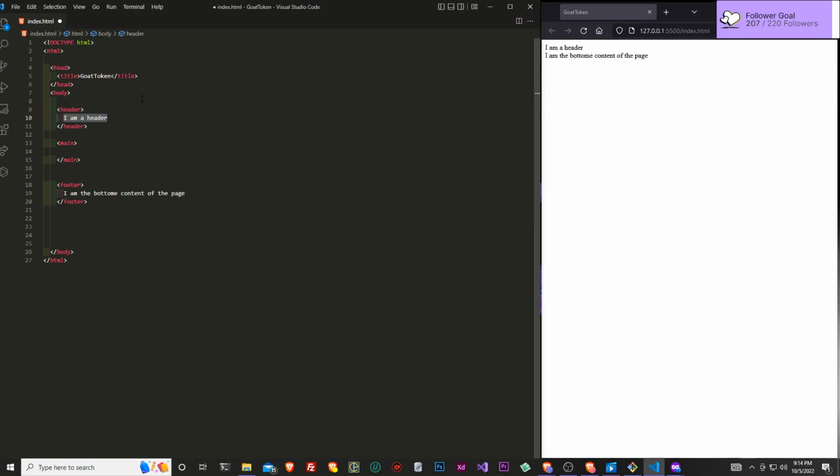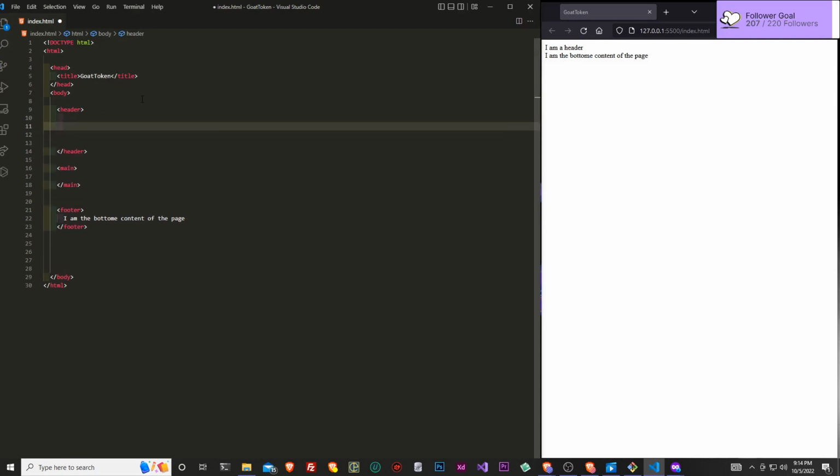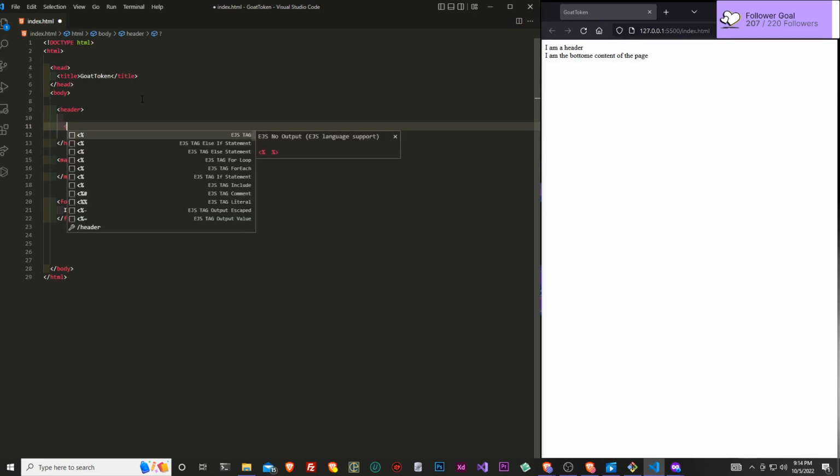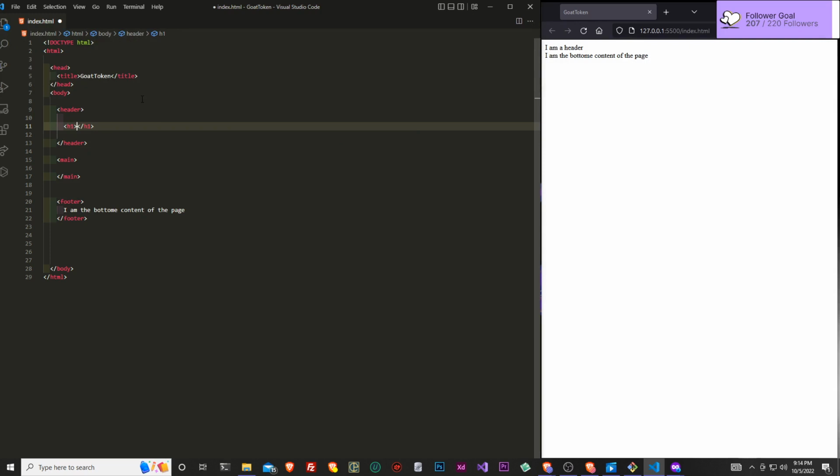But anyways, inside of our header, what do you normally see inside of a header? Well, sometimes there's a logo. So in this case, we can add in an image. We can also add in just some type of content. In this case, I like to wrap an H1 around it, and this is basically going to be our logo. The web engine will be searching for it, which is really good for optimization. I usually like to keep an H1, as this is the main element that I want people to notice.